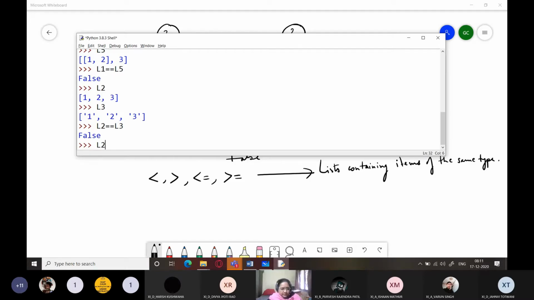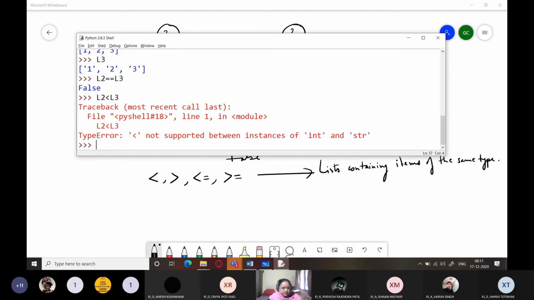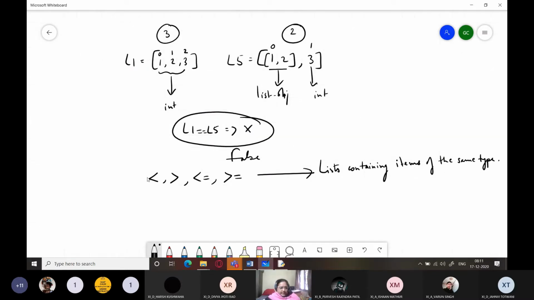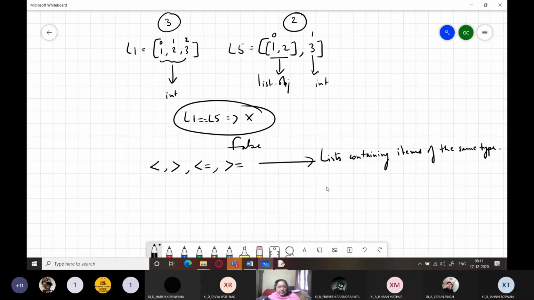But if you try to compare with less than, it will give me a type error saying that this last line is not supported: less than operator is not supported between integer and string. Okay, so these comparison operators only work on elements of the same type, right? Now how do they work on elements of the same type?